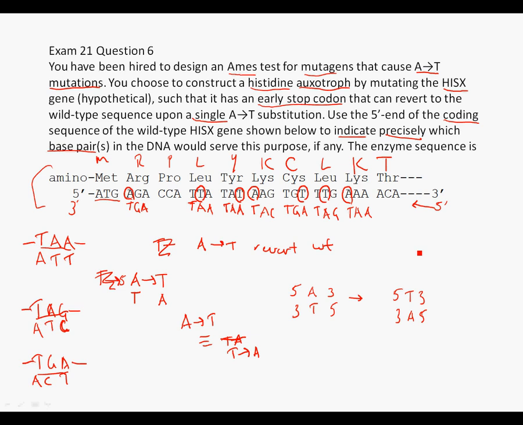We take that compound. Typically we mix it with liver extract, ideally human liver extract, but that's not so easy to come by, so rat liver extract. That allows any pro-mutagen, something that's not mutagenic by itself, to be converted by our metabolism, liver enzymes, into the final mutagen that's going to exist in the body. We have compounds that are not very mutagenic, but after the liver tries to detoxify them, ironically it makes them very toxic. That includes some very classic mutagens such as benzopyrene,